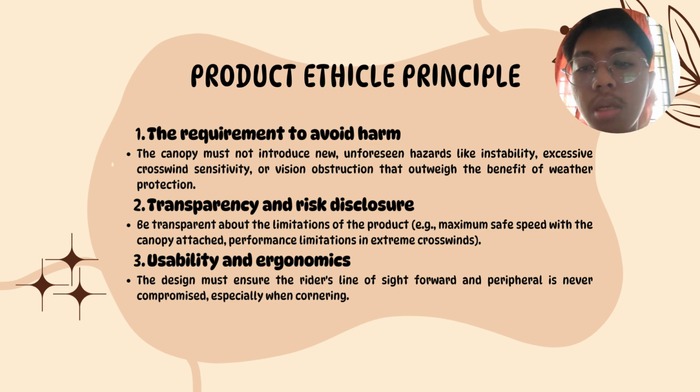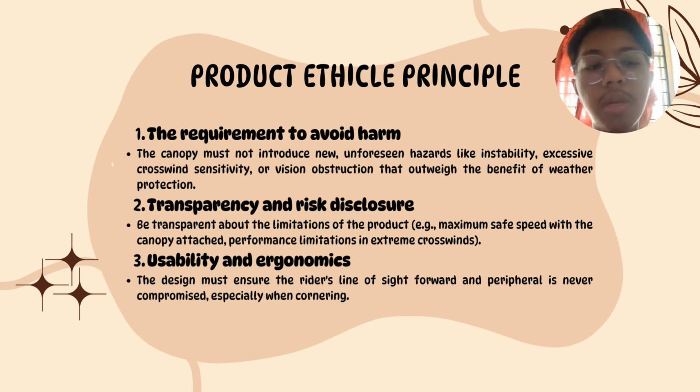The second one is transparency and risk disclosure. So, be transparent about the limitations of the product. For example, the maximum safe speeds with the canopy attached and performance limitations in extreme crosswinds. So, to counter this problem, we can provide clear, prominently displayed warnings and user instructions detailing wind limits and proper